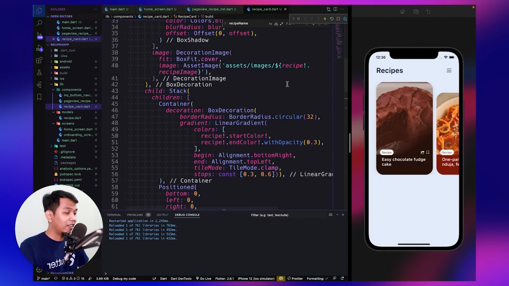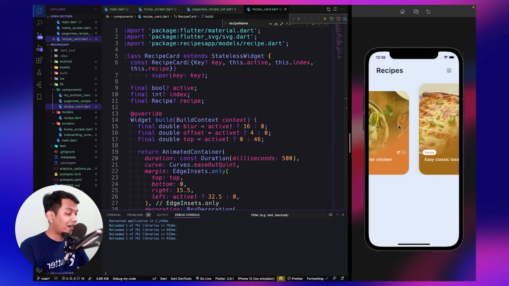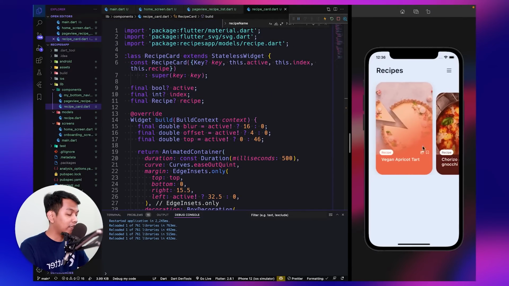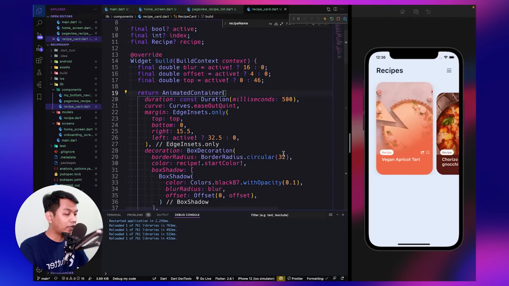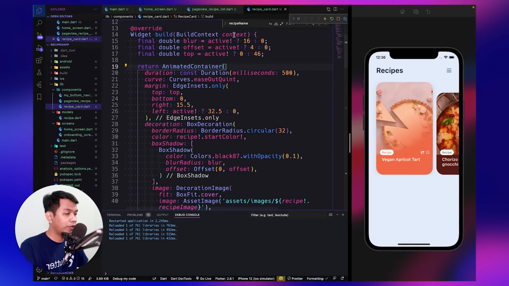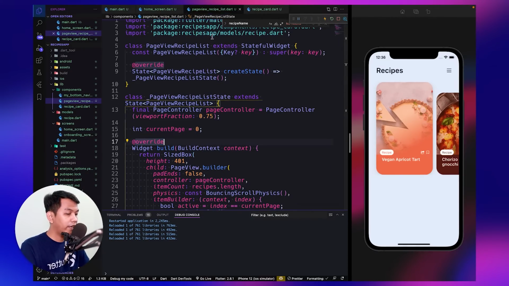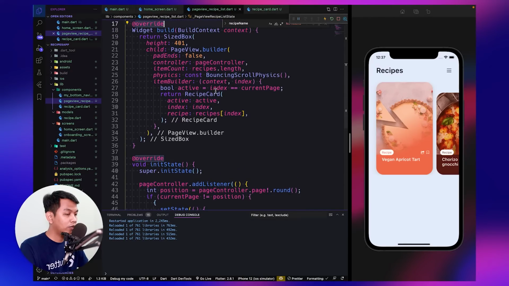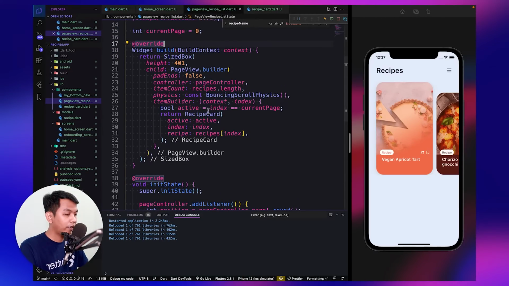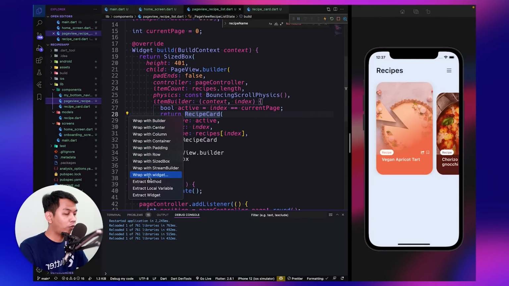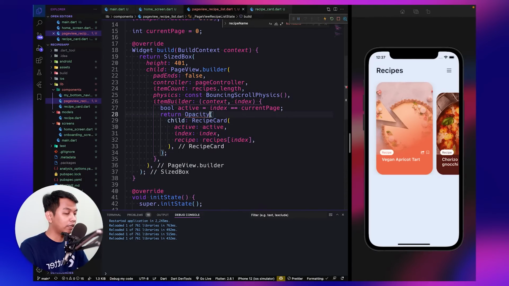And let's do another amazing animation. What we need to do is go to receipt list, and let's go to page view, and here we return a receipt card, and we need to wrap it using a widget, and we use opacity.